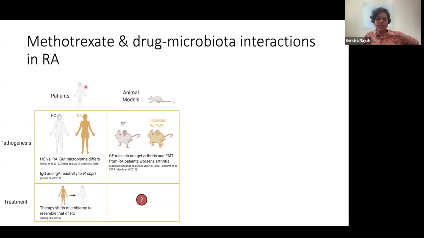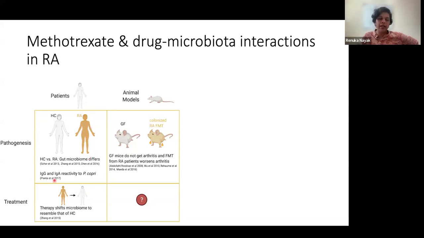And I like all three systems because animal models really allow you to get at causal mechanisms, but patient studies really hammer in on the clinical relevance of what's found in animal models. And so I like to think about these different model systems and what we see over and over again in different model systems. So what was known at the time was that the microbiome of RA patients differs from that of healthy controls, and the immune system of rheumatoid arthritis patients responds to gut microbes. So Prevotella copri has come up as an organism in some studies, but not in others, as being enriched in RA patient microbiomes.